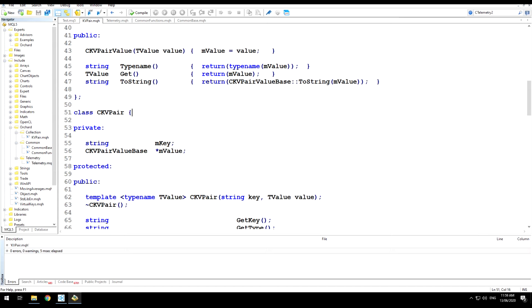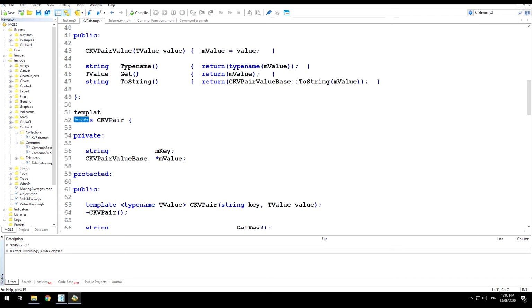Now, every piece of information that we want to send from the server to a client has a key and a value. So the key is simple enough, it's just a string, but the value is a little more complicated because I want to be able to store any type of data in here. If I simply declared an M value of type string, then I can only store strings. If I declare it as a type int, I can only store integers. Now, I could try templating this. I could add a template type name T and then declare my M value as,